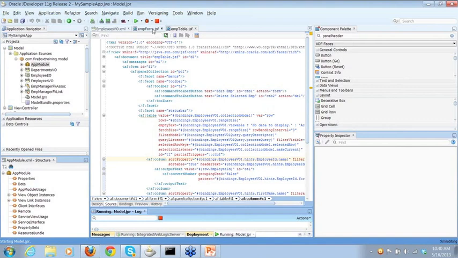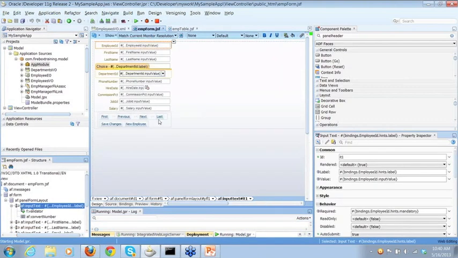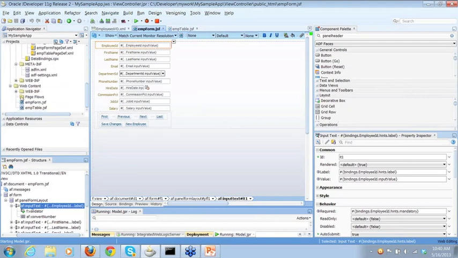Okay, so let's go back to our form page right here. We talked about our view layer, we talked about our business services layer. What about the controller layer? The controller layer is really responsible for navigating from one page to the next. And you can see that, if we wanted to